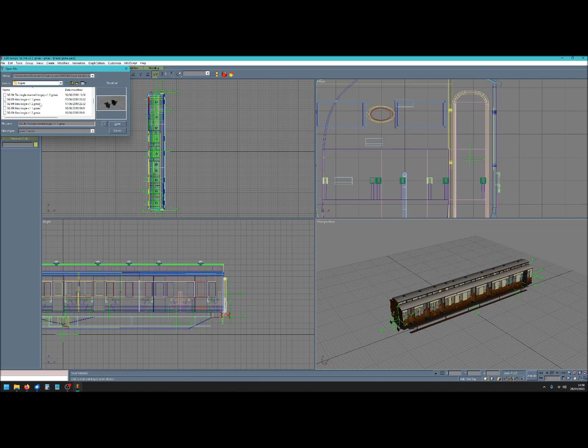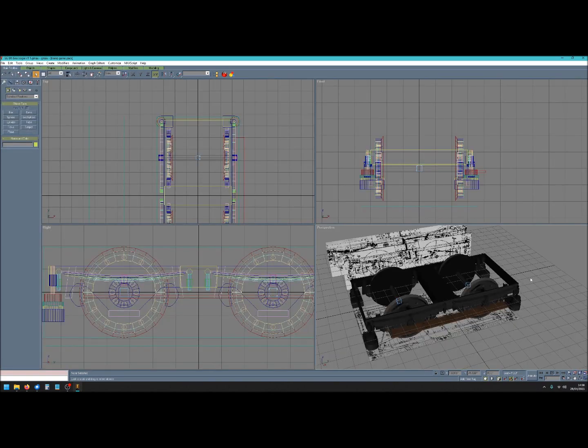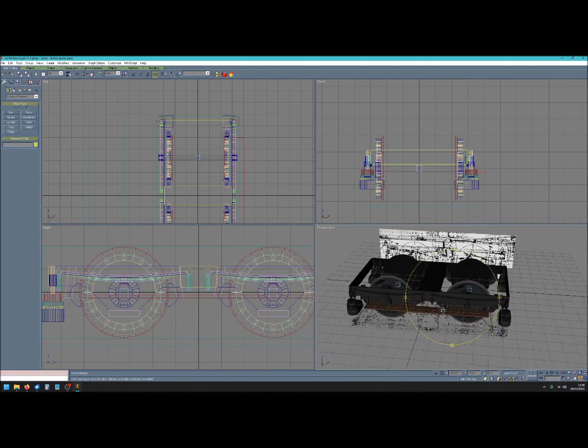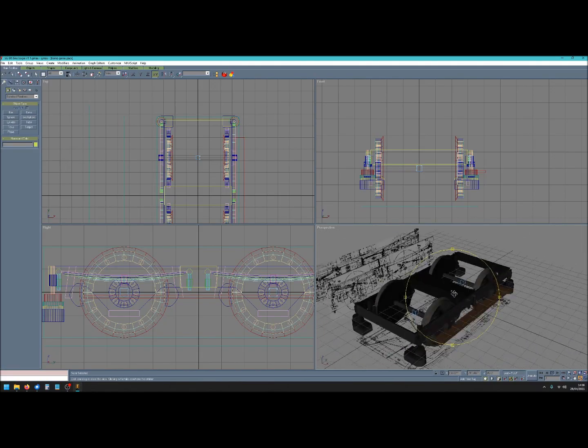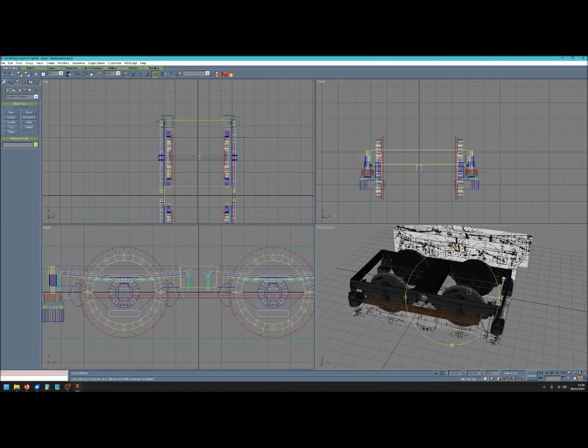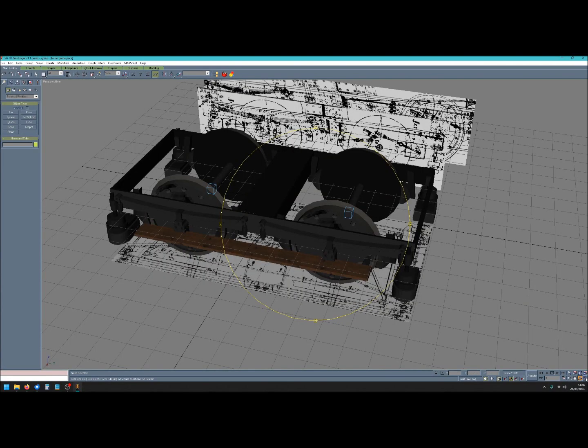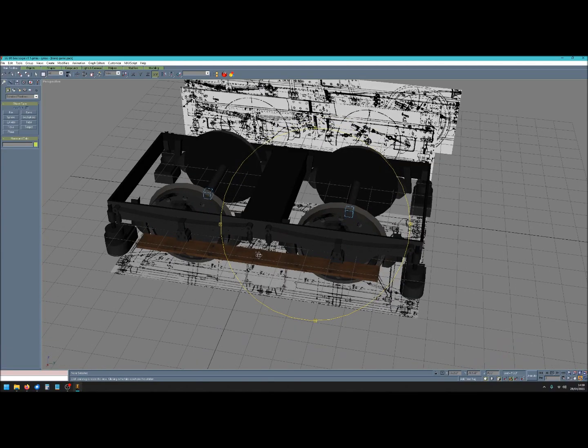We want something more than that, don't we? Here we are. So this is more the type of bogey that you'll be wanting to make to fit under your carriage. So let's have a look here, and here we have the bogey modelled from plans. Let's make that a bit larger, and essentially what I've done here, using those plans, which I'll just hide, get those out of the way,